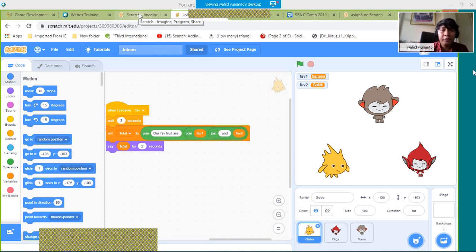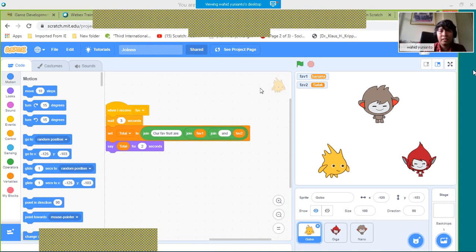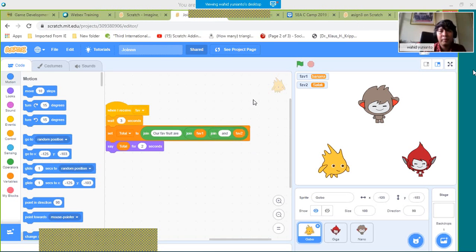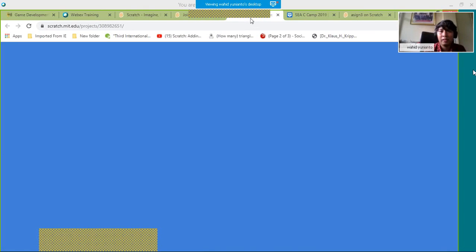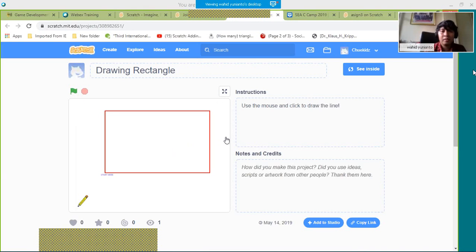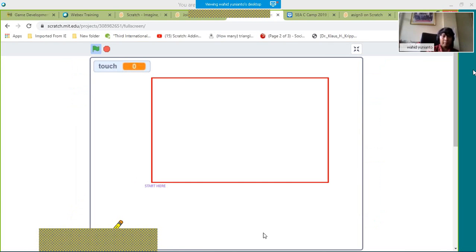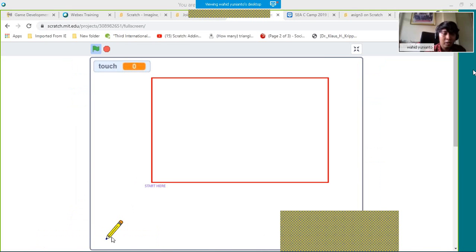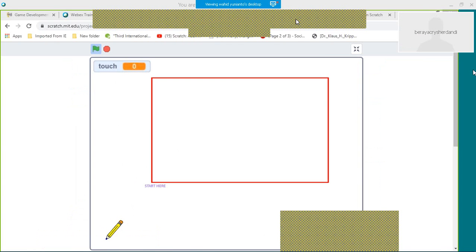Okay, now I will review about the use of the other sensing like touching. Maybe I'll show you about my simple game using this. So the question is, you are asked to draw this rectangle using this pen. So how to draw a